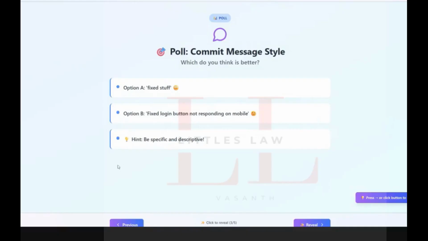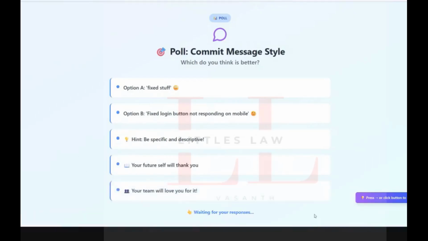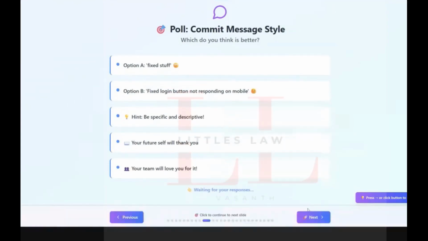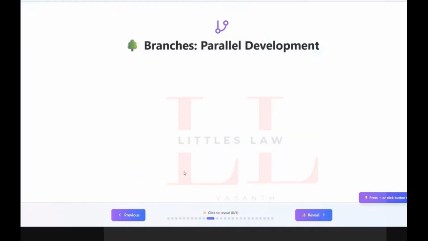So talking about some real world tip, many companies enforce commit message standards. Yes, there is again a page, I'll show you that. So if you go to the GitHub docs, there is exactly a page where they will give you the exact format to enforce the commit message standard. Some useful formats, like actually there are formats